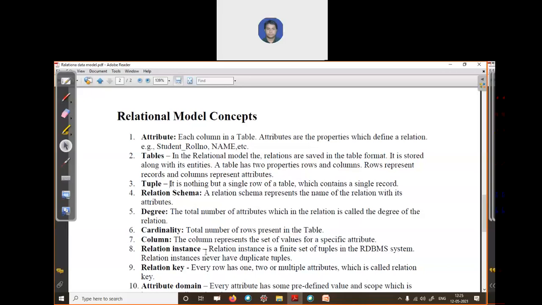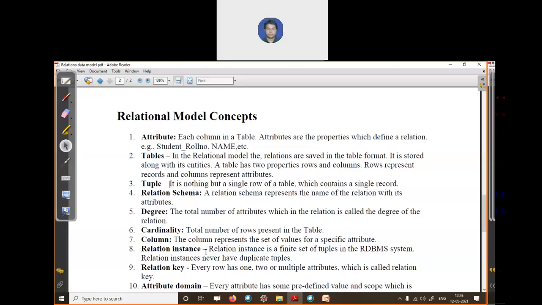Relation instance means the state of your relation at a particular time, meaning what records are available at that time. Are you getting my point? A relation instance means when you apply the Cartesian product of two sets and pick out those attribute pairs which are applicable for that relation, it shows one relation instance.